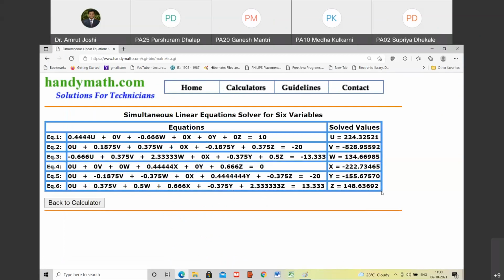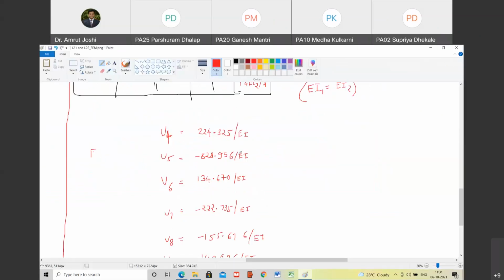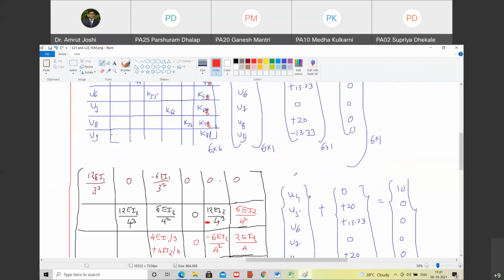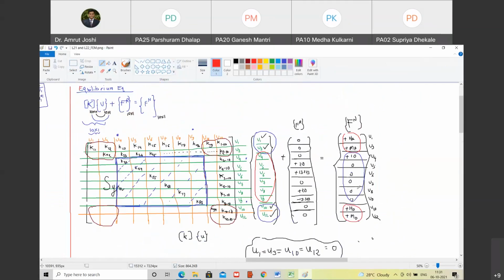Take a snapshot of this, Ganesh, and keep it with you. Tomorrow we will cross verify it and then we will march ahead. Are you with me? Yes, sir. Taken snapshot. Okay. So the equations also, meanwhile, the equations that are written, you cross verify once and ensure that all these 6 values are correct. Then we will go ahead and find out the reaction that completes the entire finite element formulation with assembly. Are you with me?